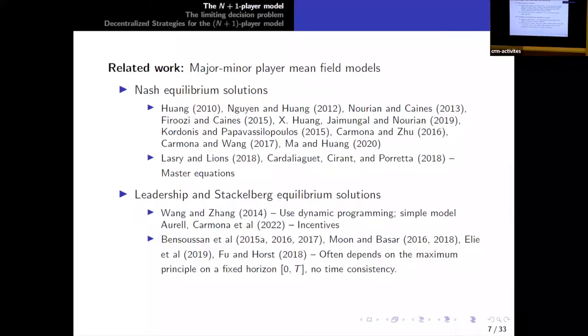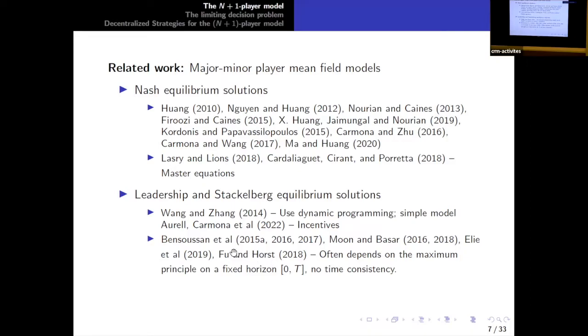And also, very recently, we can see the interesting applications by Aurea Kamala and their other co-authors. And also, we can see some other important works by Professor Mansusan and Moon, and Professor Basha and Ali. And the next one by Hu and Host is essential for mean-field type model with a leader and follower.